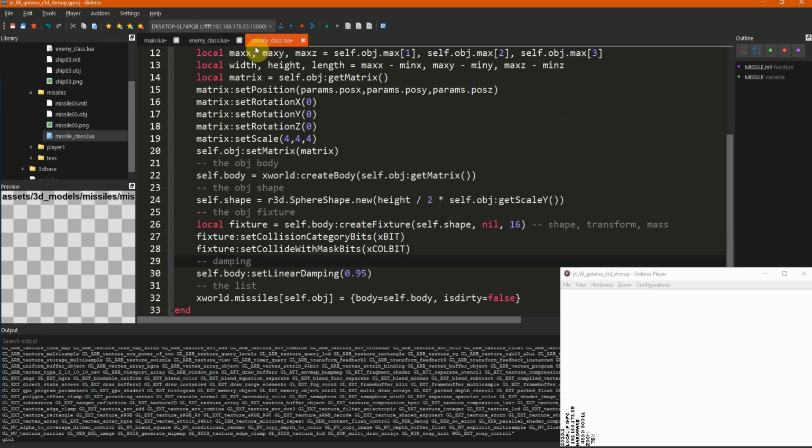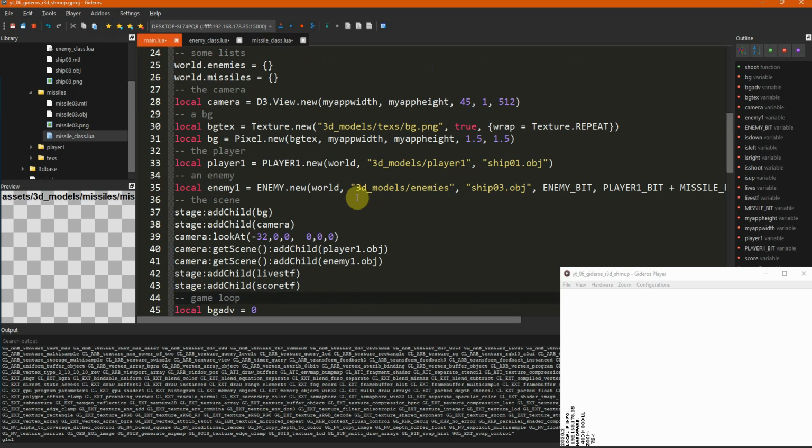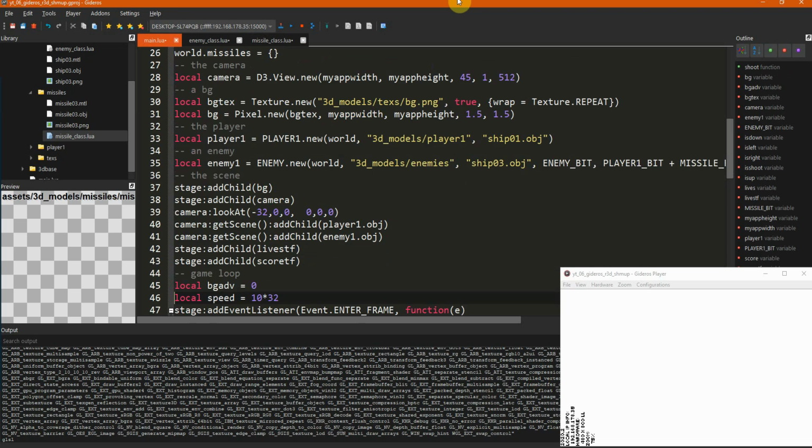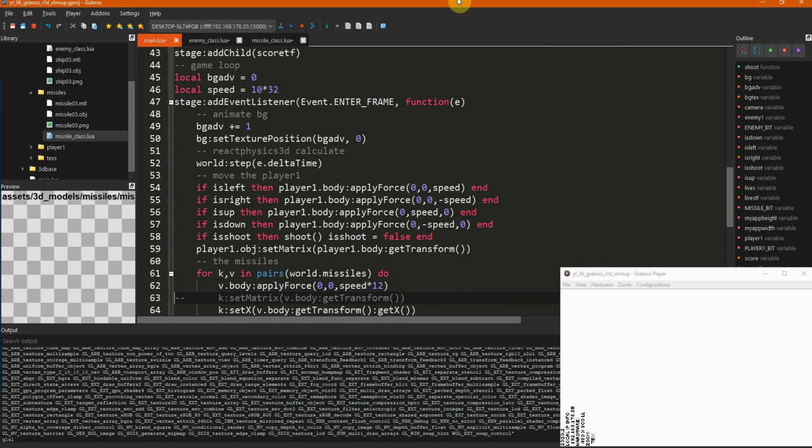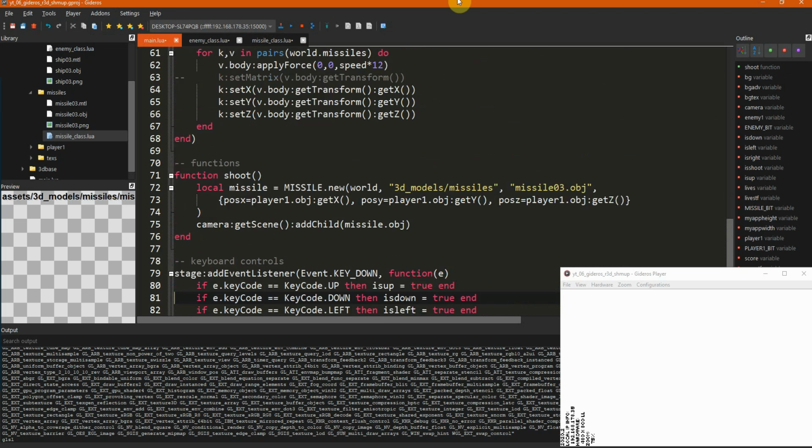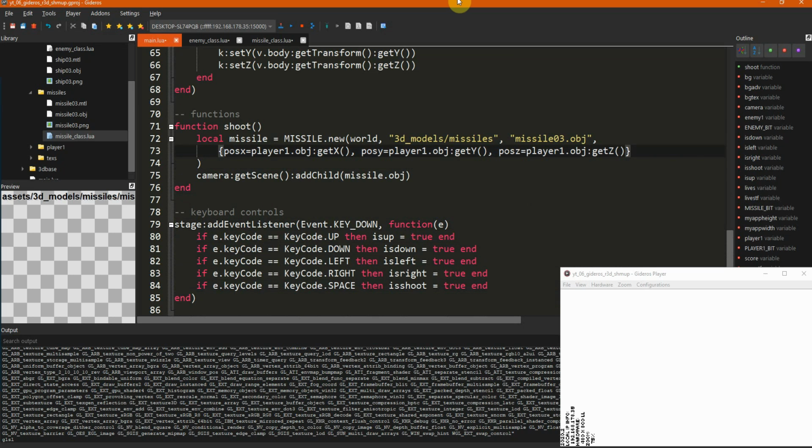Okay, that's it. So now I need to go to the main.lua missile class and see where we fire the missile. So it's in the shoot, I think. So now I need to go to the shoot and add the bit mask for the missile. So it's after the parameters.